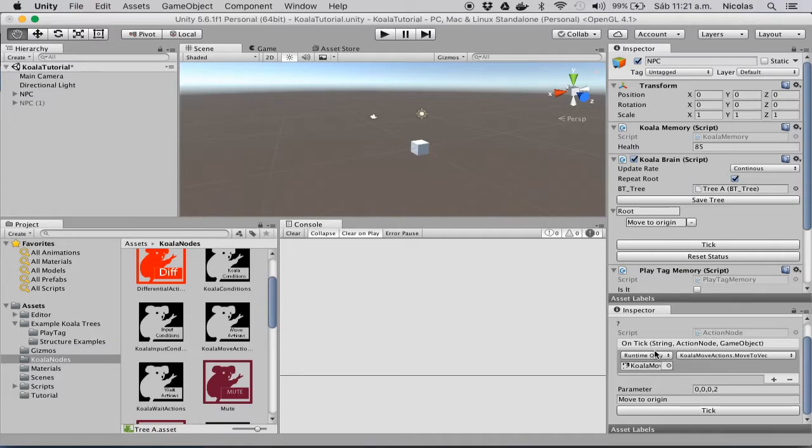Now the event right now is set to be invoked only during runtime, but I can change this to work in the editor too. And if I change the position of my NPC to something like that, and then I tick on my tree,